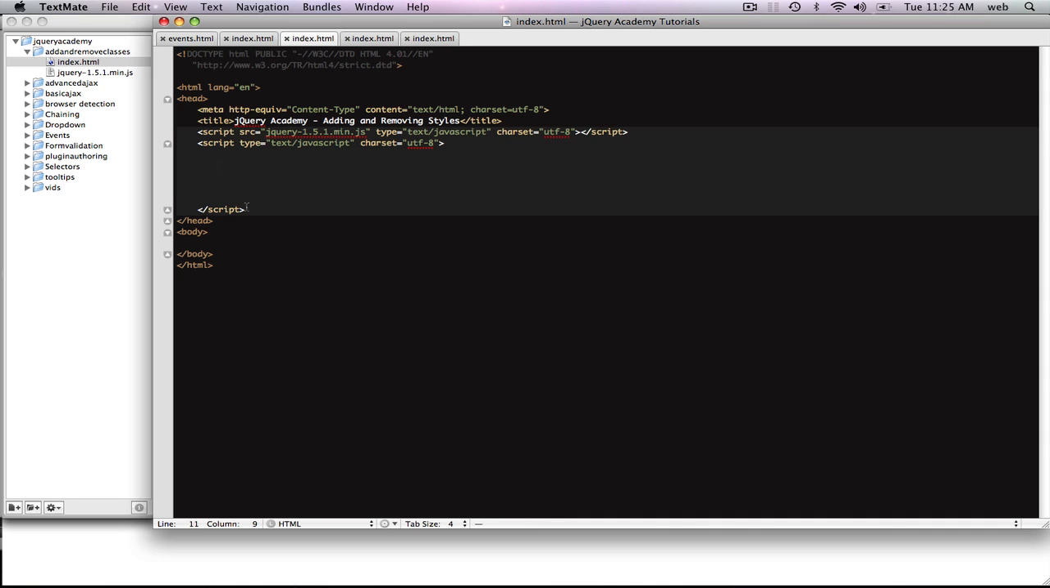So next up, we're going to need two elements on this page. The first one is going to be a button, which is going to toggle the class on the element that we're going to be changing the style of. And the second one is the actual element that the style will be changed on. So I'm going to create an input. I'm going to go input type equals button, and